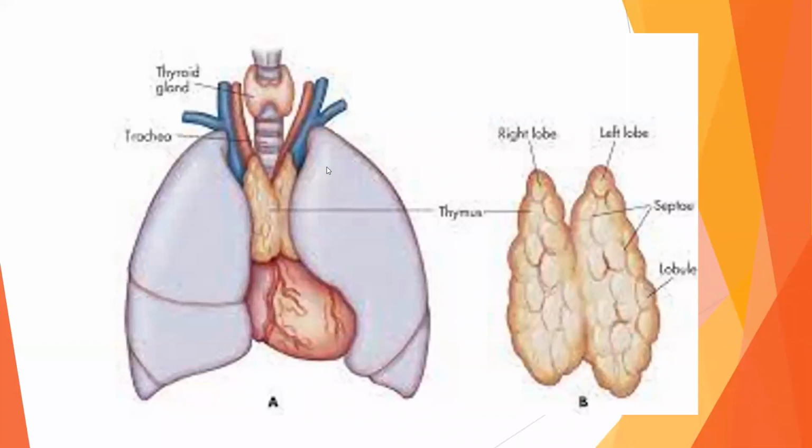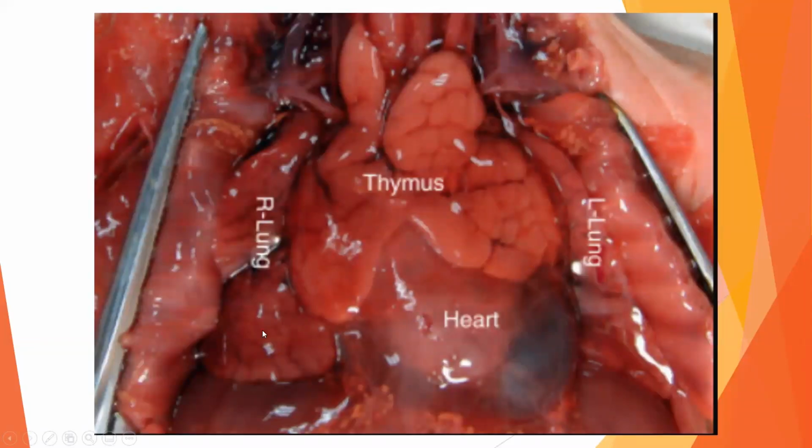So this is going to be the anatomical position or location of your thyroid gland and your thymus. Let's try to proceed to the next slide. And this is how it should look when performing anatomy. Moving forward,